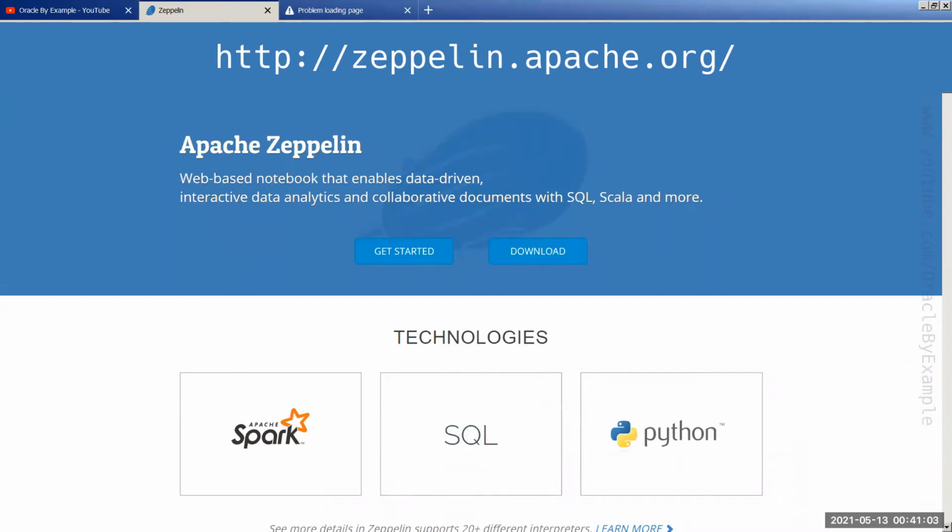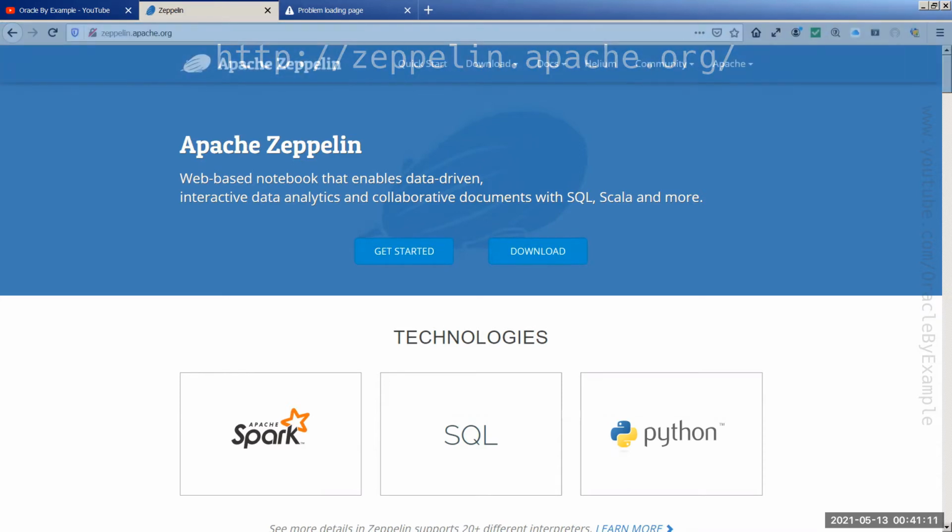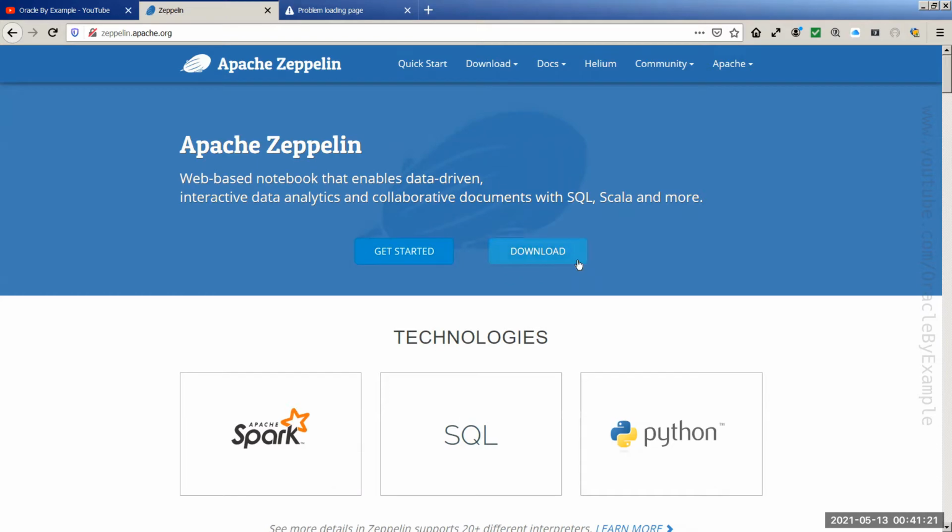Apache Zeppelin is a web-based notebook and it is a wonderful tool we can use with our Apache Cassandra and Apache Spark. I will click on this download option.